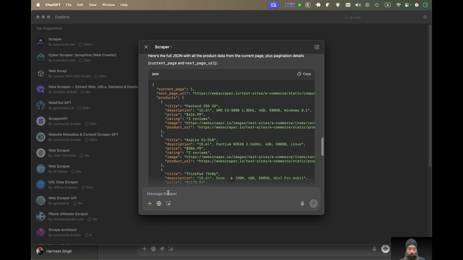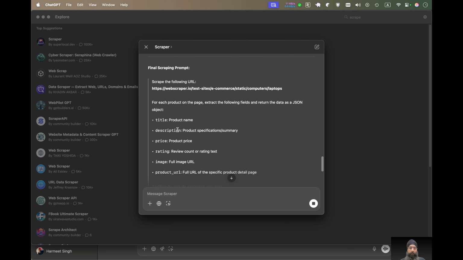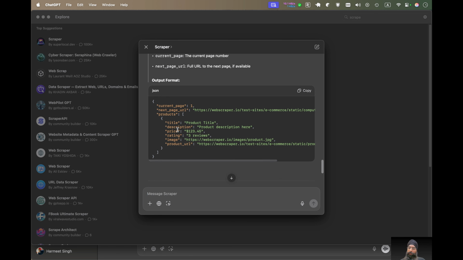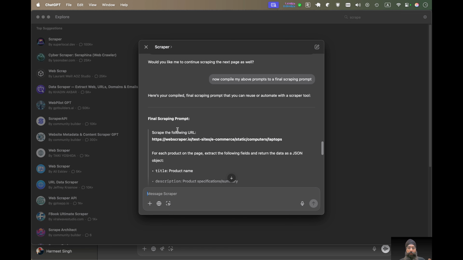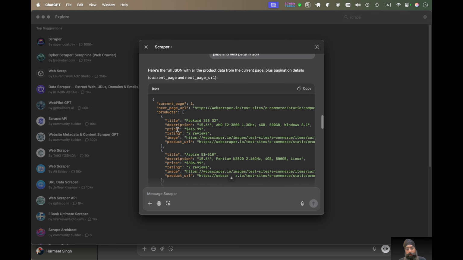and I can also ask it now to compile my above prompts into a final scraping prompt. Okay. Now here's my additional information and how to format. Great. So for this current page, it's gonna work fine. So this is one way, but this is not the final thing which I'll be providing. So what I'm going to do right now is